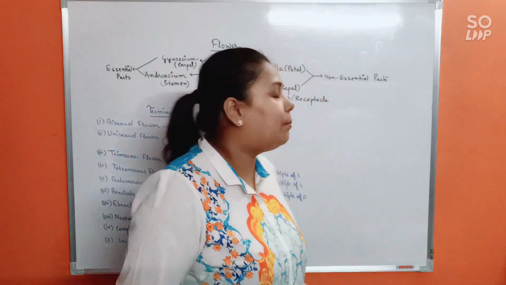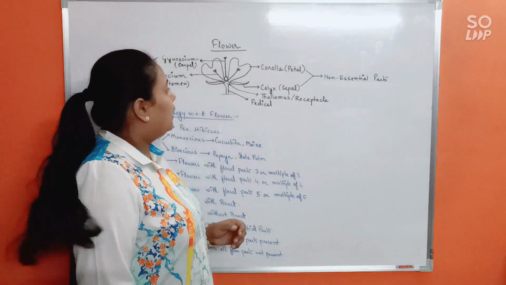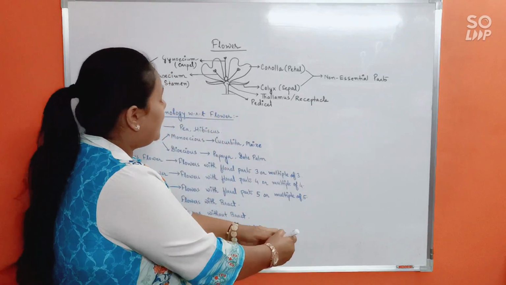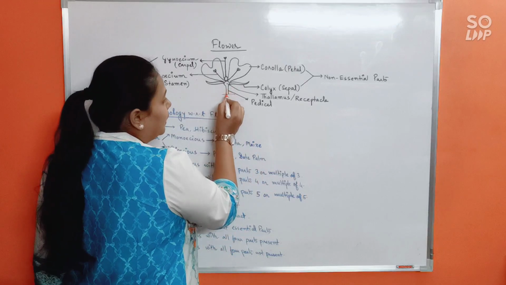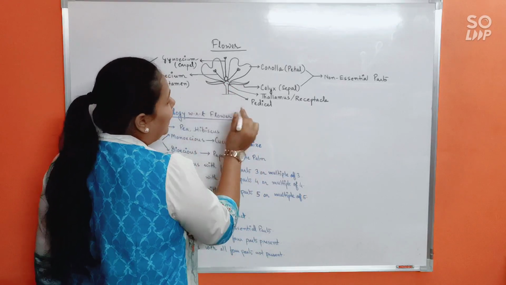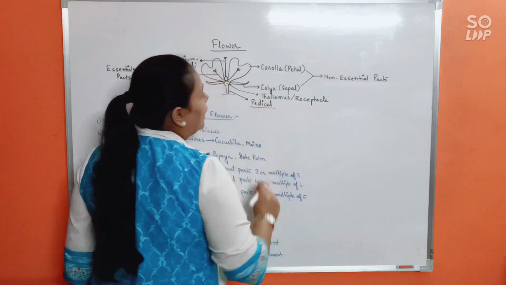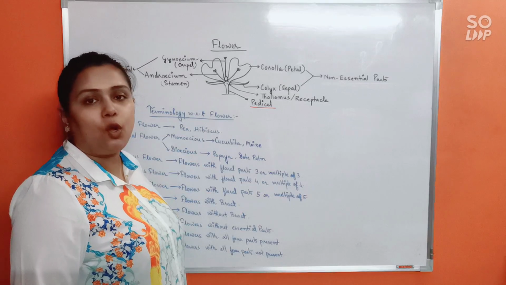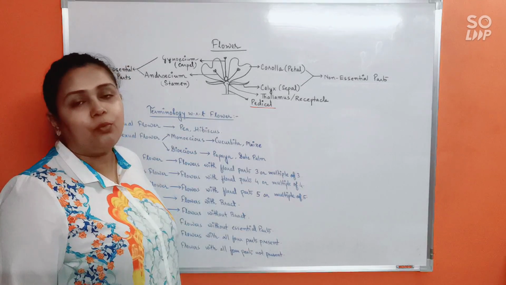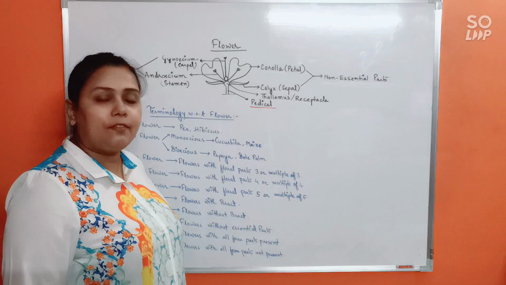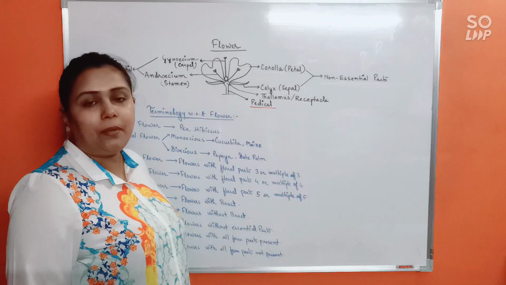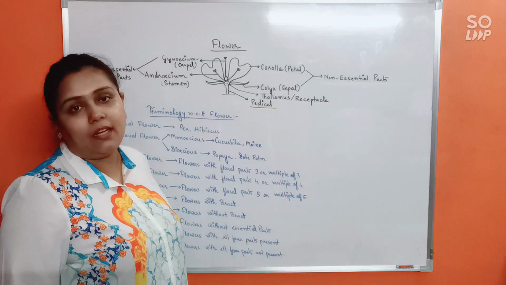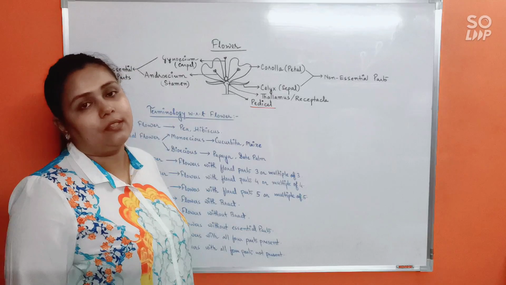Alright, so let's see the parts of the flower. This being a typical diagram of the flower, you can see that the flower consists of a stalk, and the stalk of the flower is known as pedicel. Just like you have learned in the leaf that the stalk of the leaf is called petiole, in case of flower we call it the pedicel. Of course, not all flowers will bear a pedicel. Sometimes a flower might not bear a pedicel. We then call it a sessile flower, which you have learned under inflorescence, isn't it?